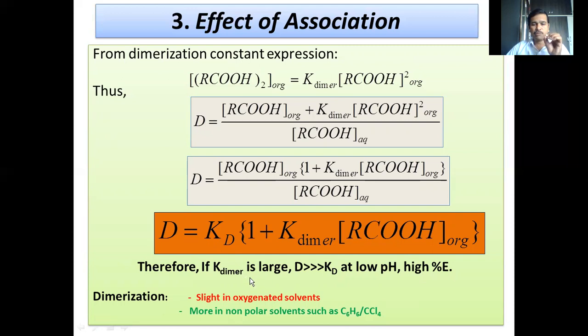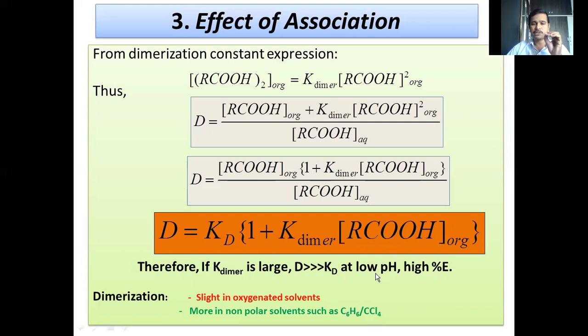When the value of K dimer becomes large, this carboxylic acid should be present in the undissociated state in the aqueous layer. So experimental conditions are very, very important. You cannot perform the extraction as easily as possible. You must be aware of the nature of the species you are going to extract and what experimental conditions you have to maintain during the extraction process. If the carboxylic acid or substrate present in the sample is to be extracted into the organic phase, you have to understand the experimental conditions to be maintained.